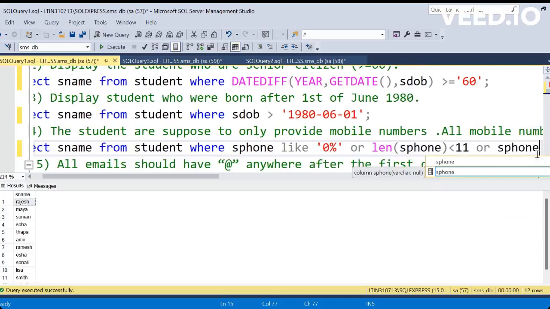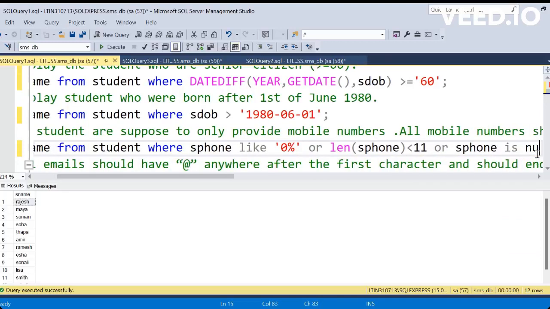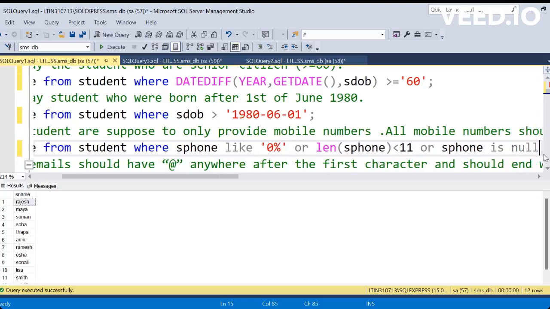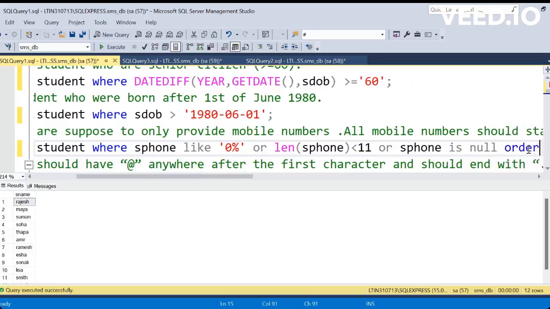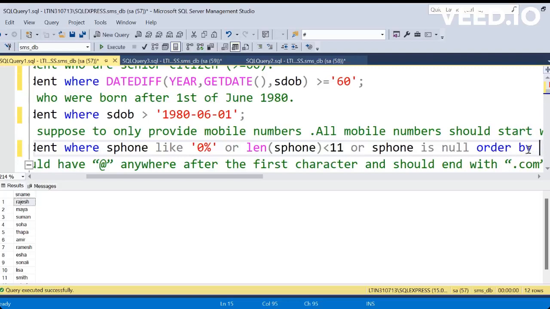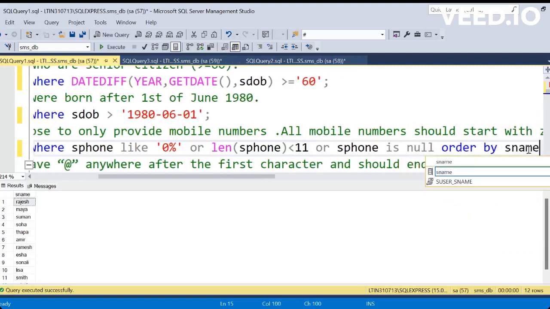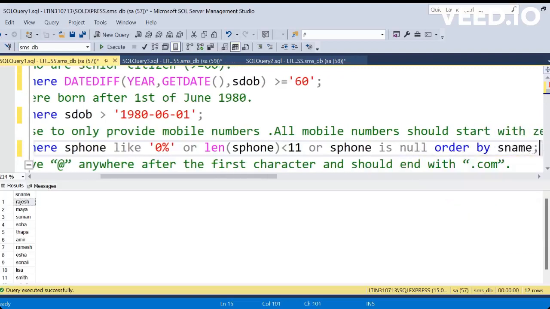Or yes, phone is null, like many students haven't given a phone number, right? So if it is null, or greater than 11, or like 0, these will all be the invalid numbers. If it is from this case, or this case, or this case, we have to get those invalid phone numbers. I want to order by student name to make it in a good alphabetical order. I am using this order by name. So if I execute this particular statement,